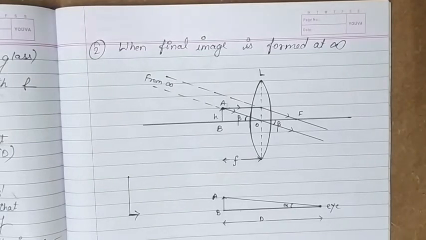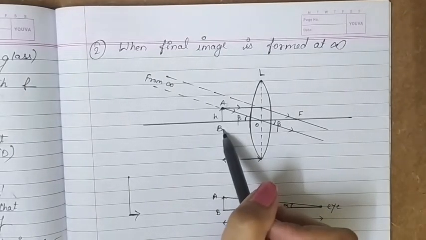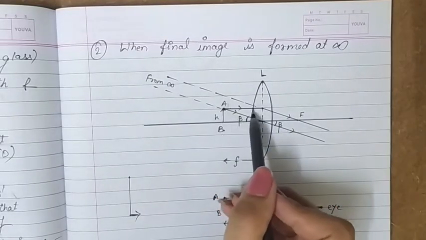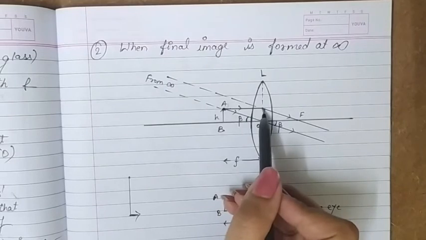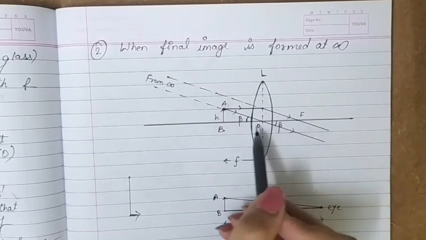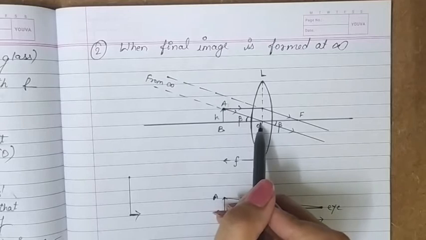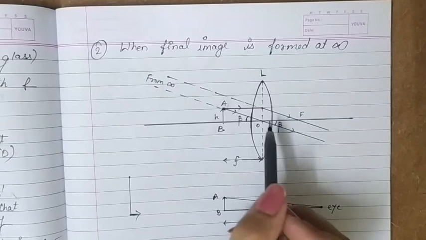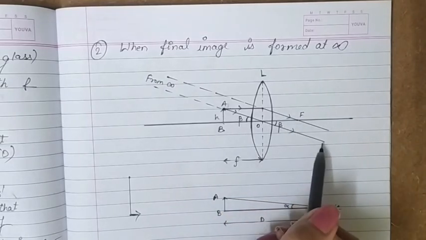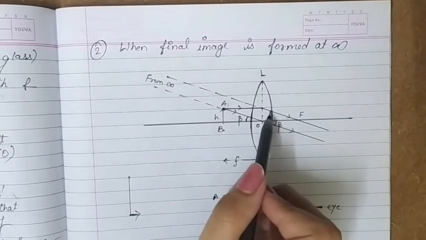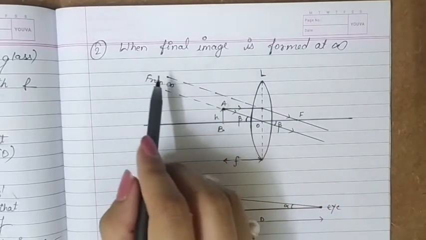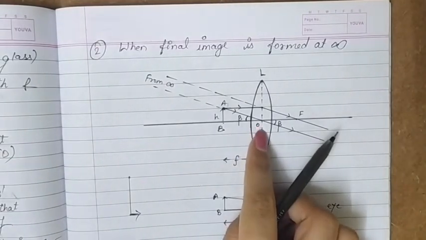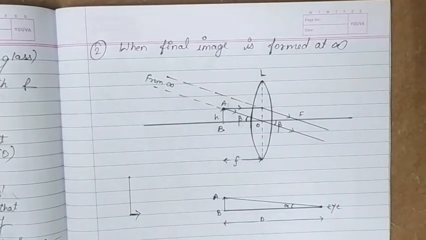Now if the object is placed at the focus of the lens, in that case parallel rays enter the eye, because the rays coming parallel to the principal axis go through the focus after refraction, and those coming from the optical center go undeviated. So if this object is placed at focus, the rays we get after refraction are parallel, so they will appear to come from infinity, or meeting at some point at infinity.